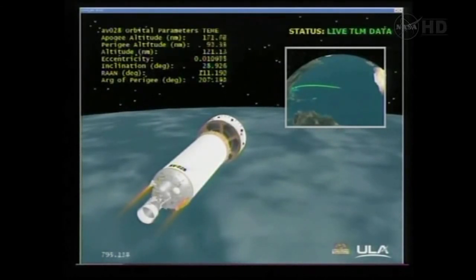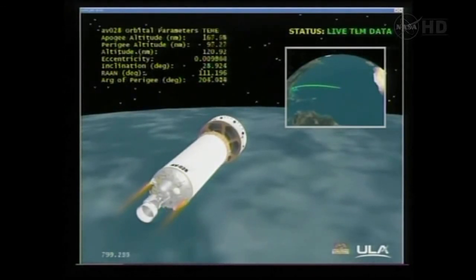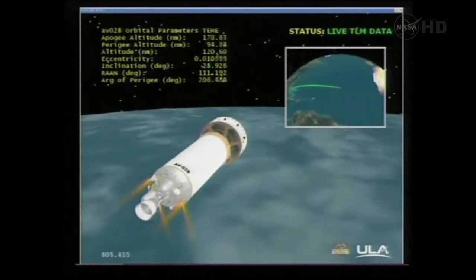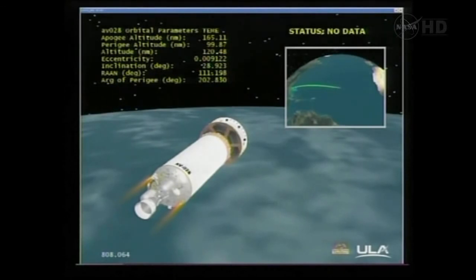We're going to show now some of the different camera angles of the launch of the Atlas V from different vantage points around Kennedy Space Center and Cape Canaveral Air Force Station. And we should have several different shots that will present different vantage points that will be particularly unusual from the standpoint of cameras that we have not used in the past. So we will